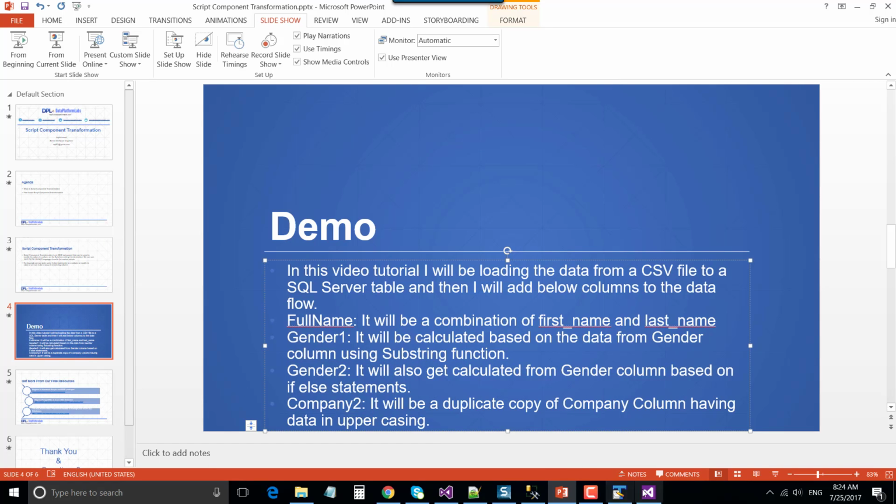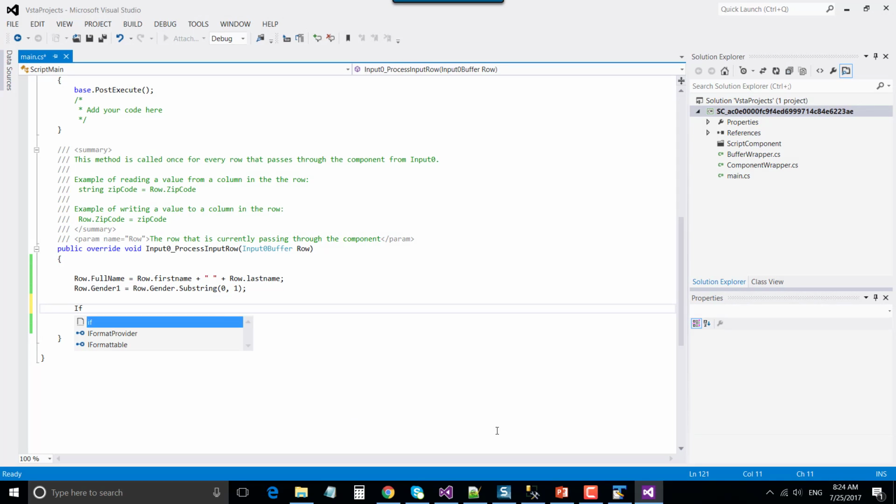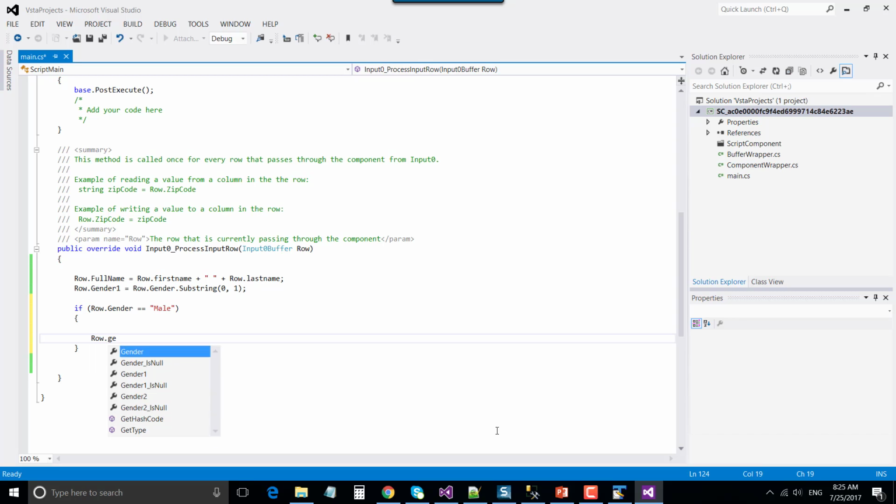based on an if else statement. So you simply need to write: if row.gender is equal to male, then what needs to be row.gender2? Gender 2 will be assigned as M. That's it for male.